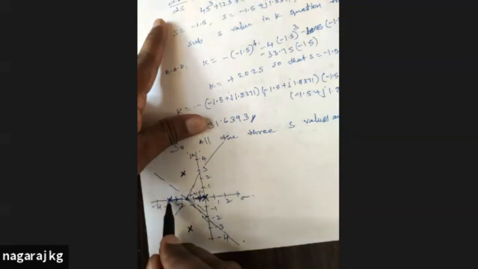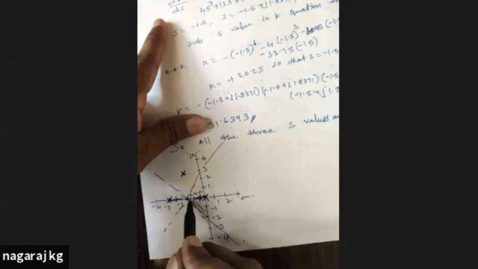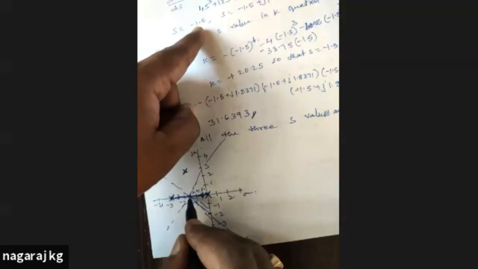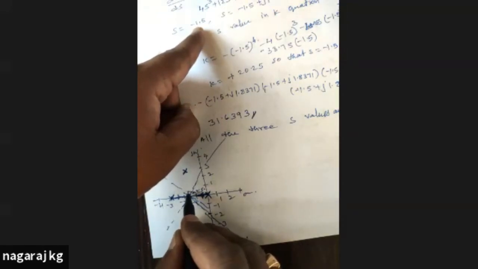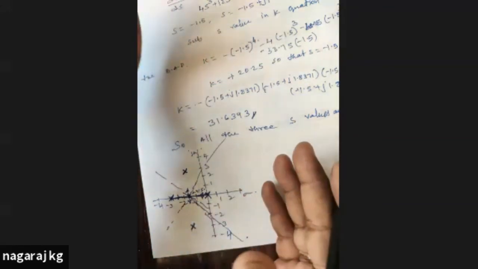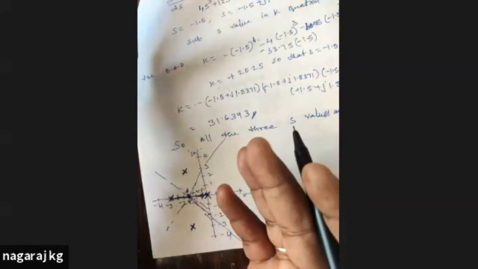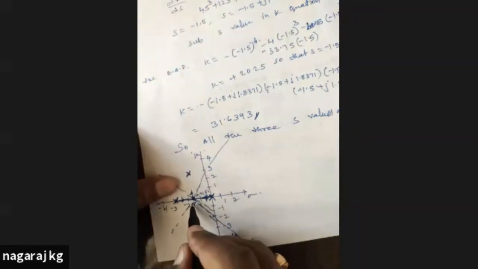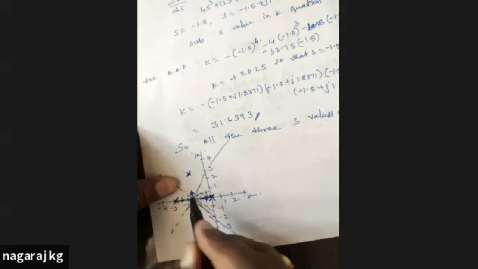So one root locus will move towards the right, one root locus will move towards the left, and both will meet at minus 1.5, because we have found out the breakaway point. The first breakaway point, you will get as minus 1.5. At minus 1.5, it will break away. One root locus will break away towards upwards, another one towards downwards, because the root locus always moves symmetrical about the real axis. This is the initial graph. One is moving upwards, another moving downwards.